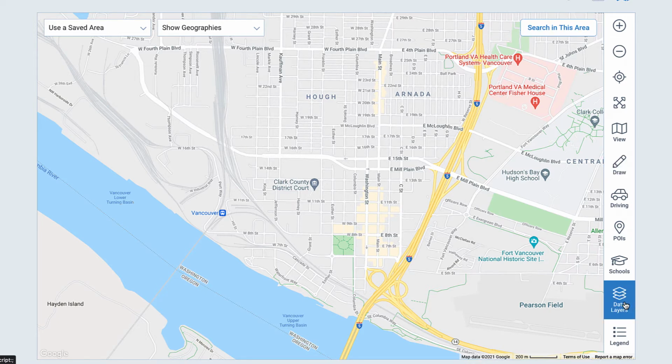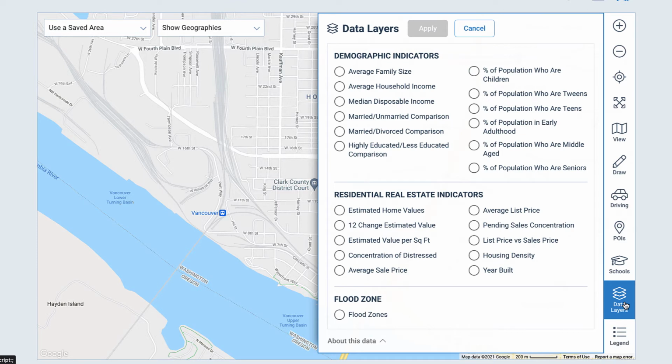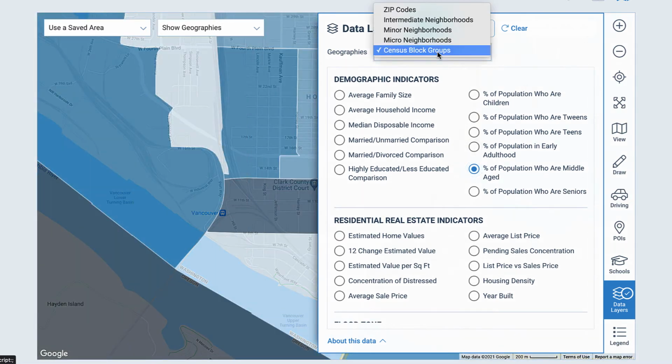Now down here, we have other data layers. The top one here is the Esri economic demographic data that we get in. This is a great starting point if you have a very specific data set you're looking to be around. Maybe it's median disposable income, maybe it's highly educated people for some office space, maybe it's people who are in their middle age because you're looking at a grocery store. You can flip on any of these, click on whatever